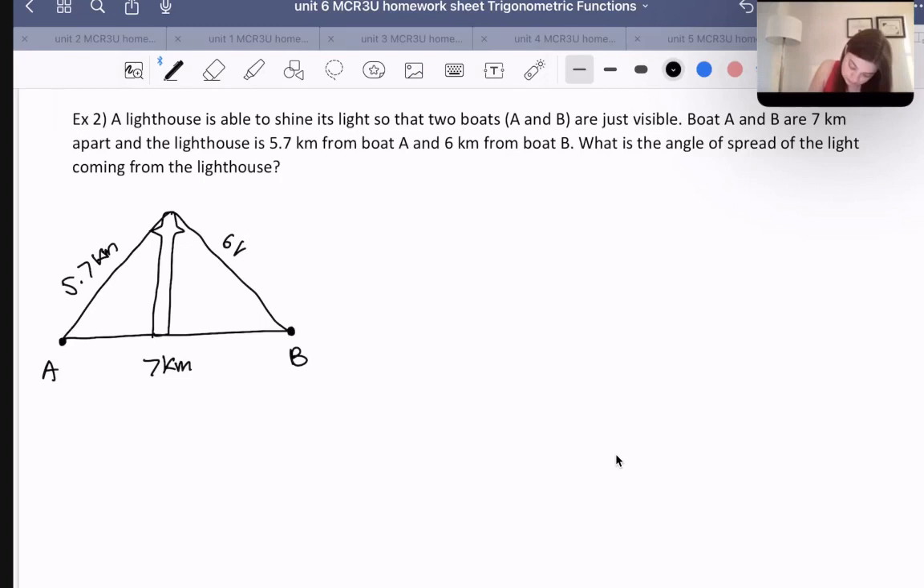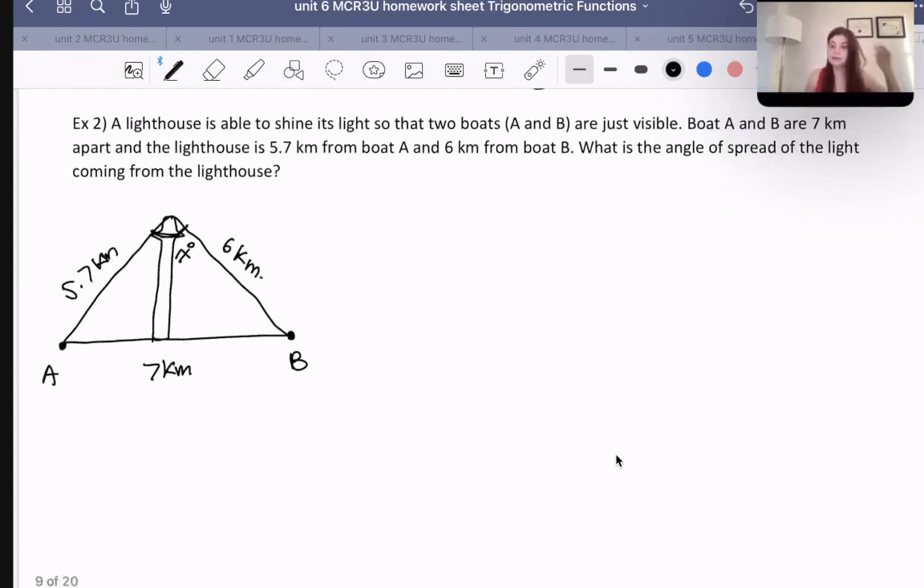6 kilometers from boat B. What is the angle of the spread of light coming from the lighthouse? So basically, they would like to know, what is this angle here? I'm just going to call it x degrees. Now, in this situation, if we look back in the question, they did not give us any angles